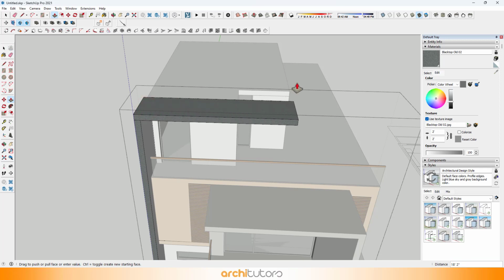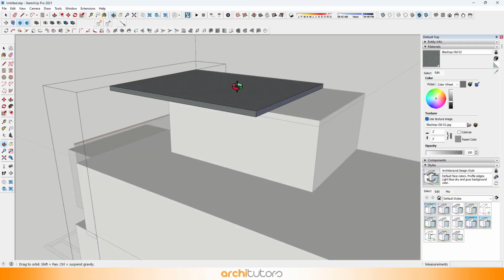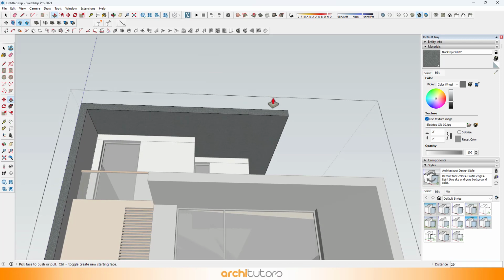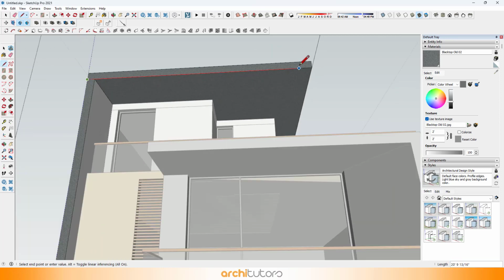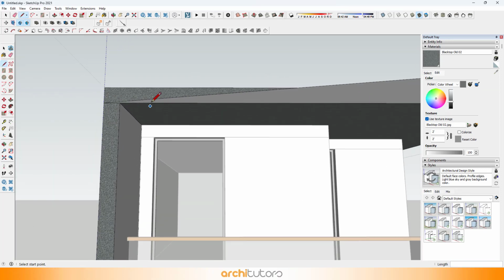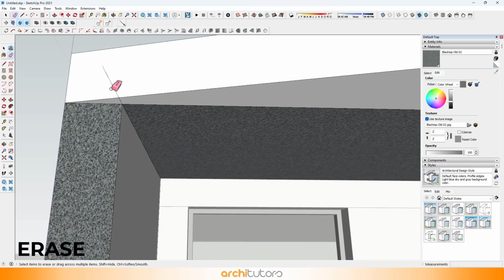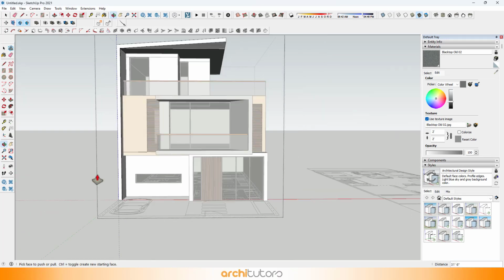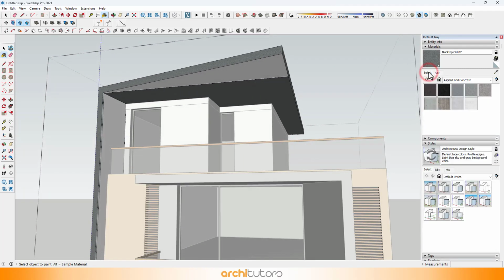Extrude the top part to create an overhang on the mumty. I'll create a triangular surface on this overhang and extrude it. It can have a wooden material under it.